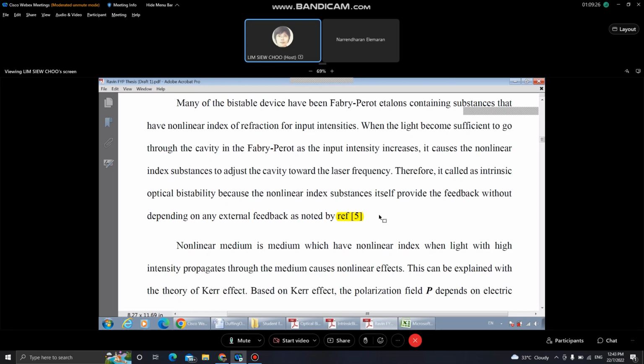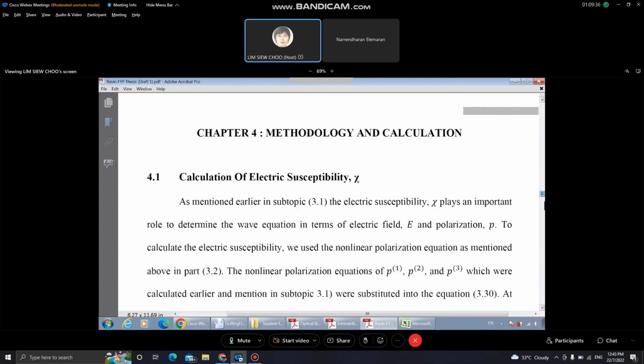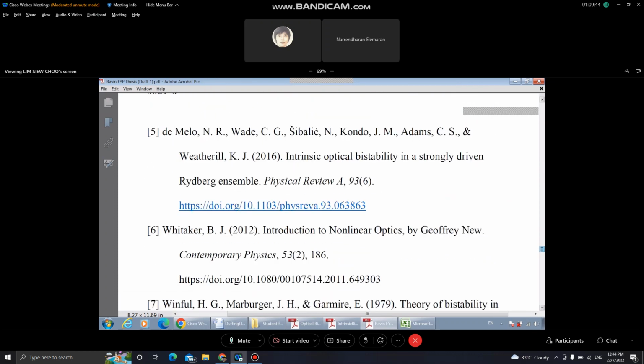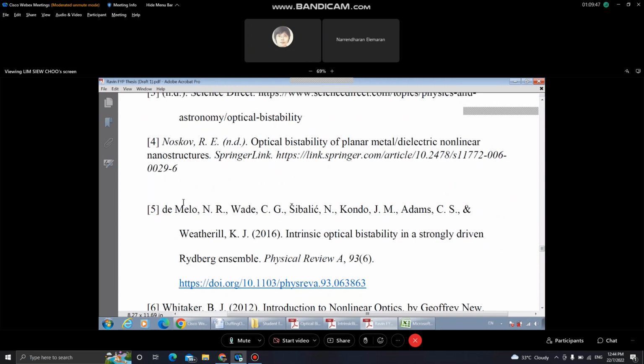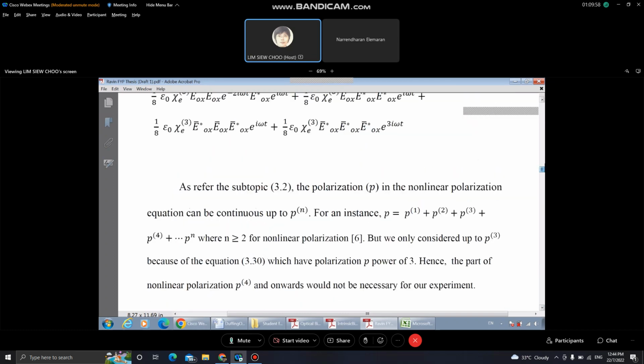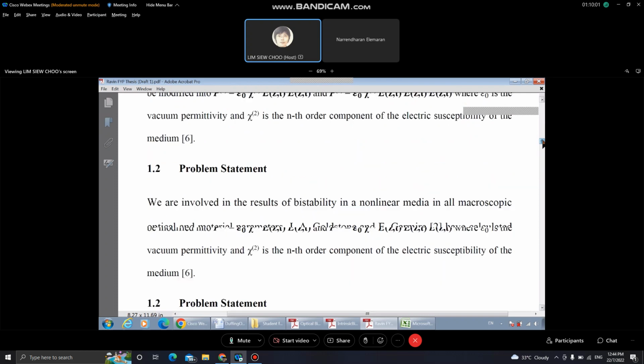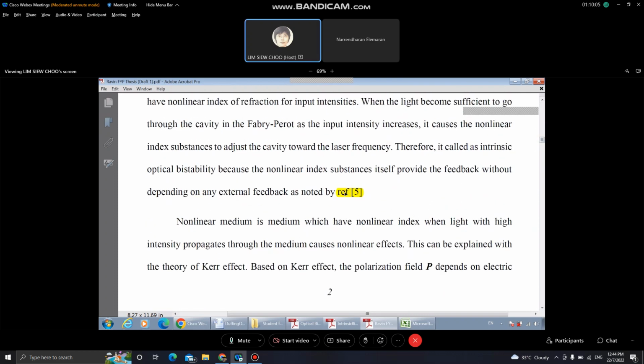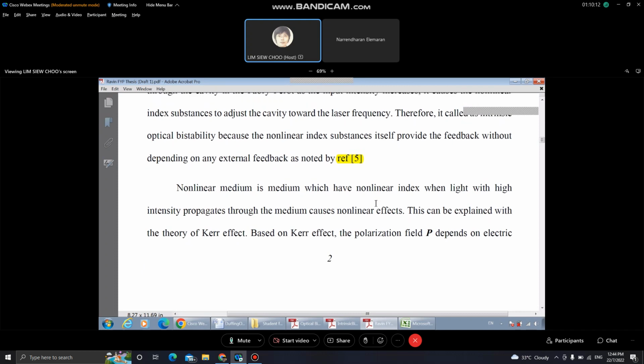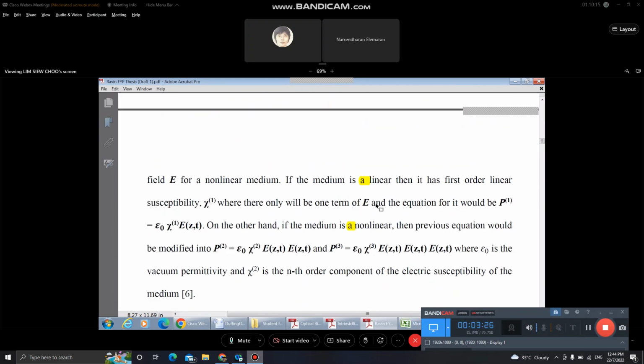Usually you better mention the author's family name, followed by bracket 5. Okay. So this paragraph looks okay.